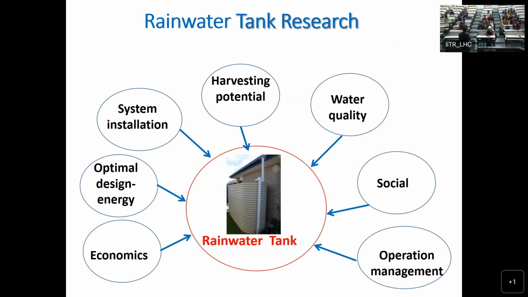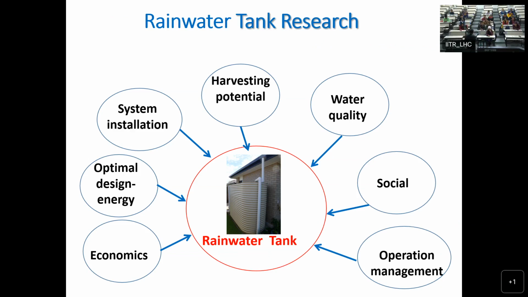Otherwise, what will happen is all that water from the roof will be coming to the rainwater tank, but there will be overflow from the tanks. Because at some point the rainfall is very significantly high and the demand is small. That means at that particular event, there is a lot of water which will overflow. But as you increase the size of the rainwater tank, the amount of water overflowing the tank will be reduced. So in that case, maybe you need a very large rainwater tank based on the